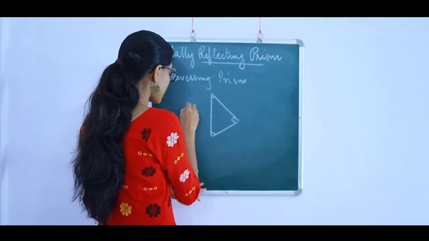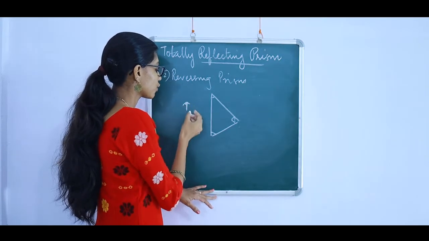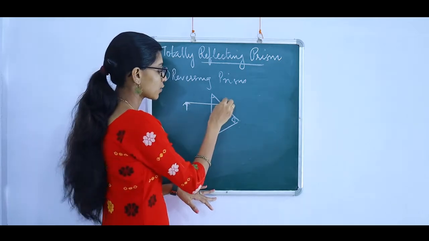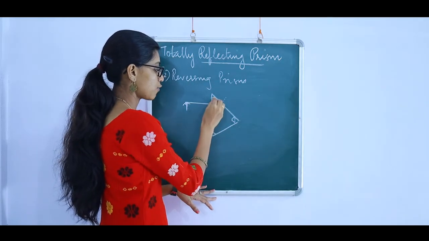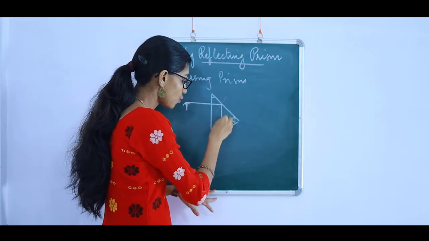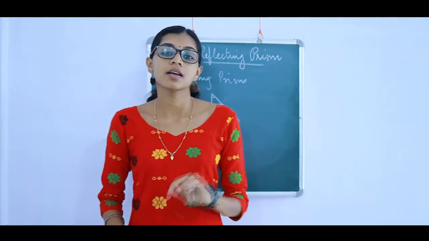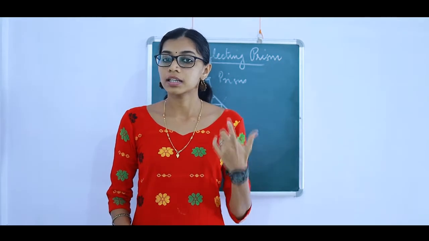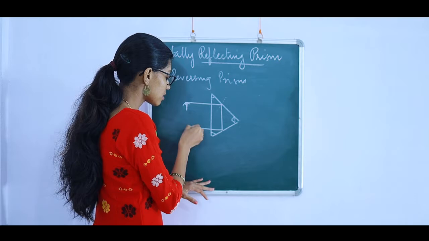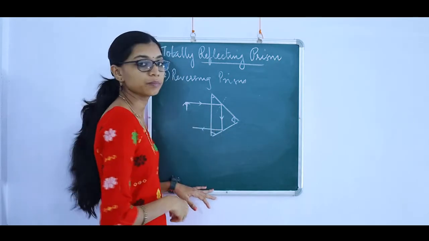Now we will again place an object. Okay, the same pattern. You have an object. We are going to drop an incident ray to it. It will go and hit at, this is 45 degree. So this is also 45 degree. And it goes, what happens? It hits this surface. There is one more surface where it will undergo total internal reflection. So what happens to this? It turns this side. So this is the path of the ray.